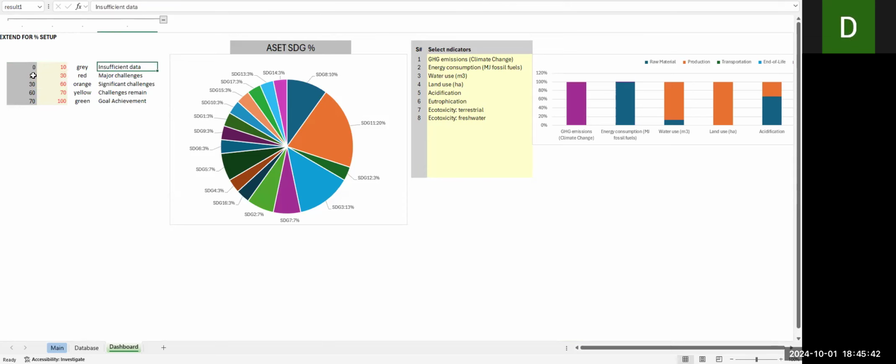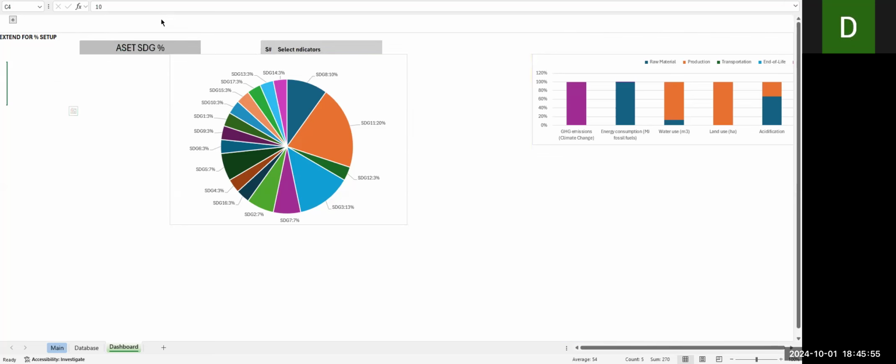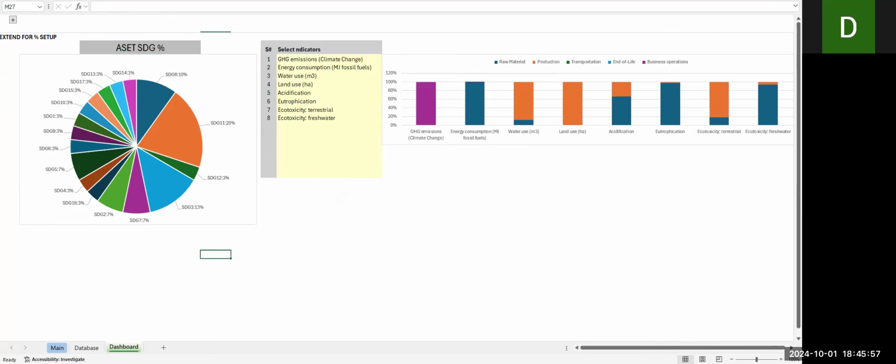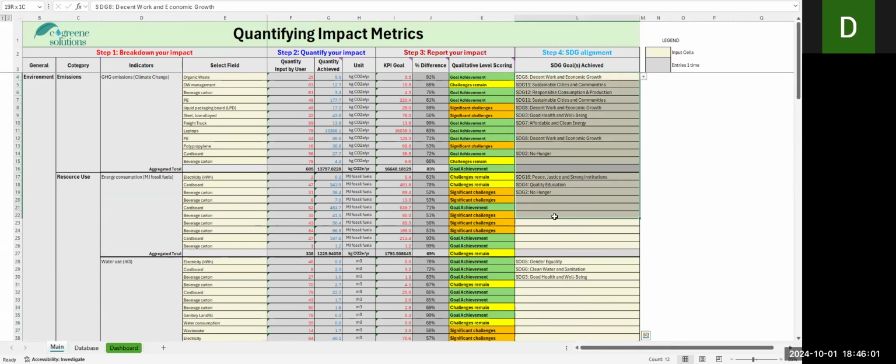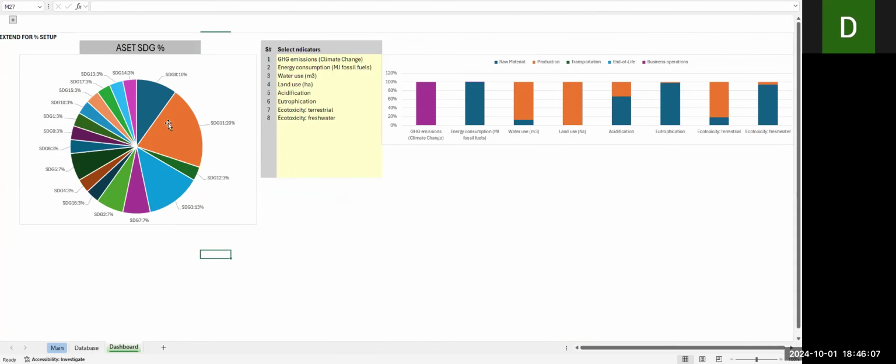Progress from 0 to 10 percent will be insufficient data. 10 to 30% of the progress will be called major challenges. 30 to 50, and you can always change these percentages as per your requirement. Once done, these are also one-time input, the yellow cell and the red font. Then you can press the minus sign, and here you can see the SDGs. These SDGs are calculated through the count of the SDGs throughout, and then given a percentage and shown in here. Similarly, for the stack chart, which is the main chart of this whole sheet,